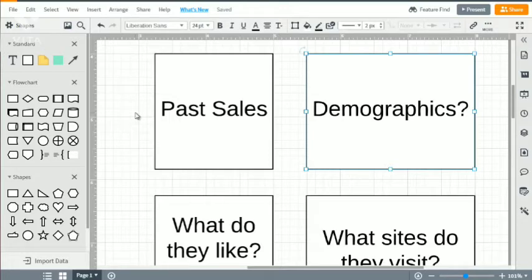And what I mean by that is, are they male? Are they female? What kind of age group are they? Are they young? Are they 18? Are they 20, 30, 40, 50? Or are they 65 plus? And beyond that, demographics wise, start to paint a picture of who you are targeting.